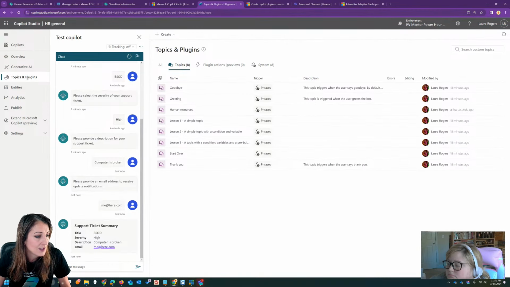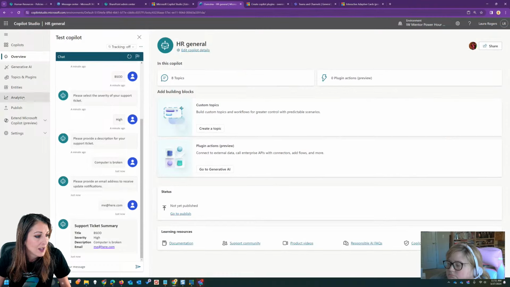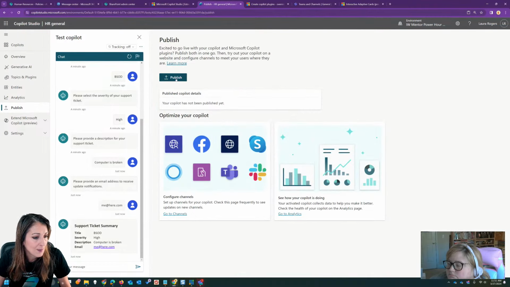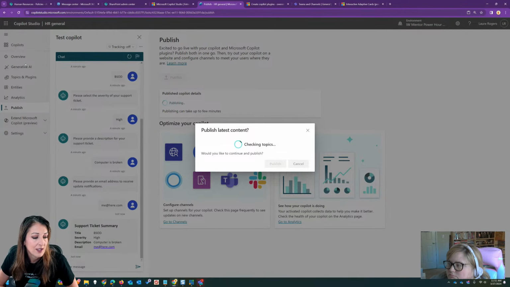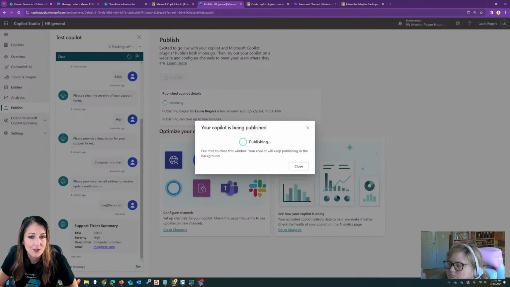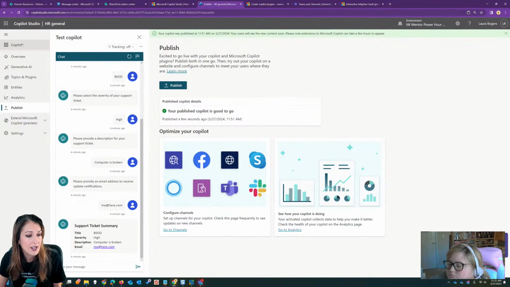Human resources, oops, and publish, sorry, publish. When you're in a specific Copilot, you have different things down this far left side than when you're at the very top level. So it's going to let you all try this out if you want to. All right, and then it says it's good to go. So then I go to my channels,